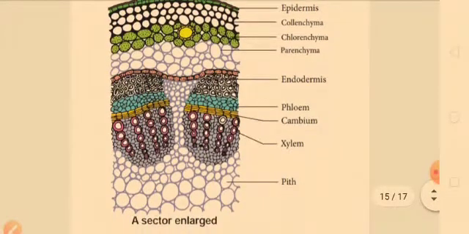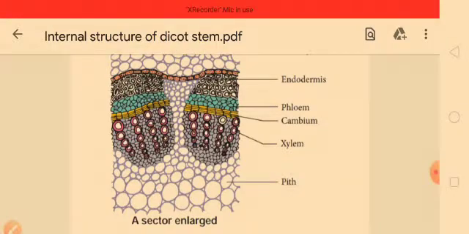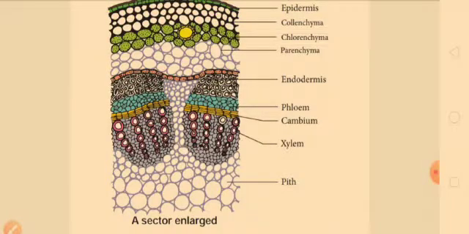In the endodermis, you can see small dots in that orange color layer. Those are because of the starch grains present. The starch grain is enormous here. So this endodermis is also called the starch sheath. The next layer is made up of sclerenchyma cells. You can see those hexagonal shaped cells. In between the two sets of sclerenchyma cells, you can see the parenchyma cells. So sclerenchyma and parenchyma are alternately arranged here.